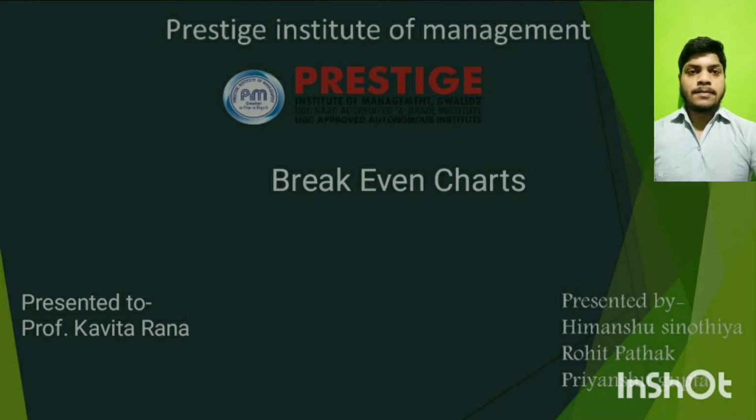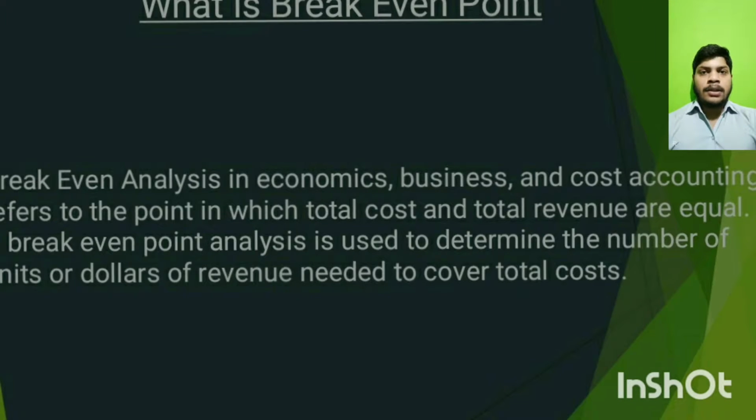Next slide, please. First, we know about what is break-even point. A fixed cost is a cost that does not change over the short term, even if a business experiences change in its sales volume or other activity levels. This type of cost tends to instead be associated with a period of time, such as a rent payment in exchange for a month of occupancy or a salary payment in exchange for 2 weeks of services by an employee.